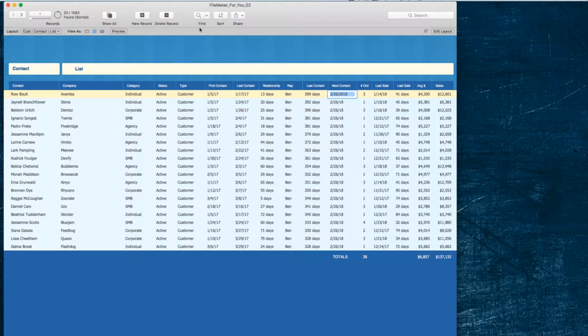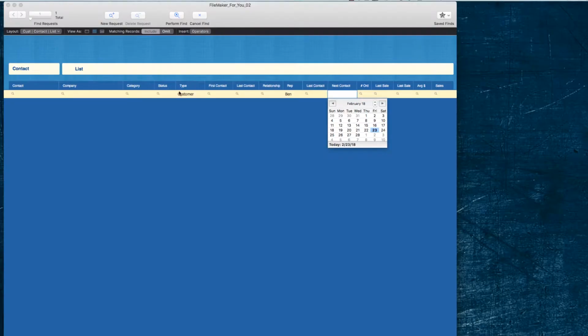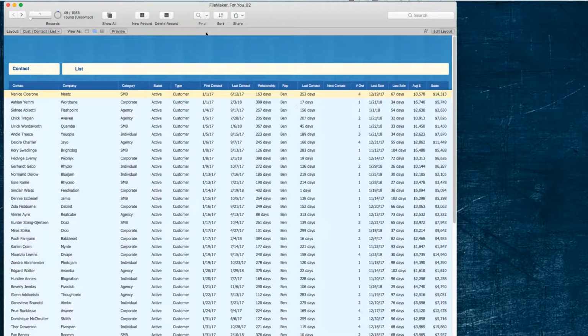And so we can go into Records and choose Modify Last Find. It pulls up customer and Ben, and we want to plug in blank dates because we've already found some of them, and we don't want to find all of Ben's customers because it will include those records that we just assigned a date. We want to look for the ones that don't have a date yet. So we'll put the equal sign in there and perform find,